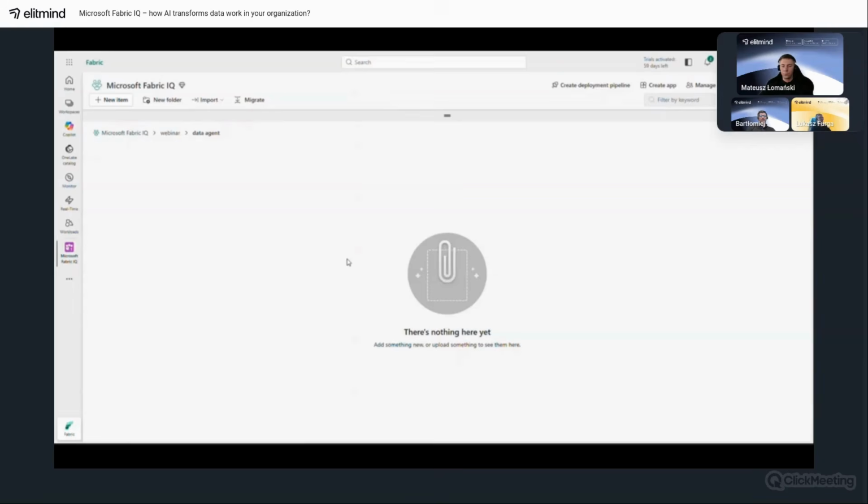agents to function correctly. Capacity: Fabric capacity at F2 level or higher, or Power BI Premium per capacity P1 or higher is required. Feature activation: data agents and AI features must be activated in the tenant by the Fabric portal administrator. Data sources: the data you want to work with must already exist in one of the supported sources: Lakehouse, Warehouse, Semantic Model, KQL database, Mirror database, or Ontology.